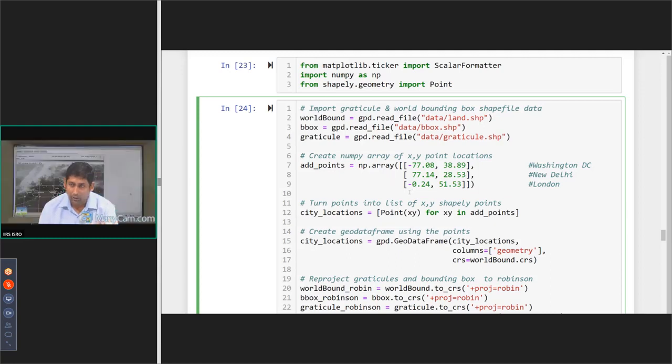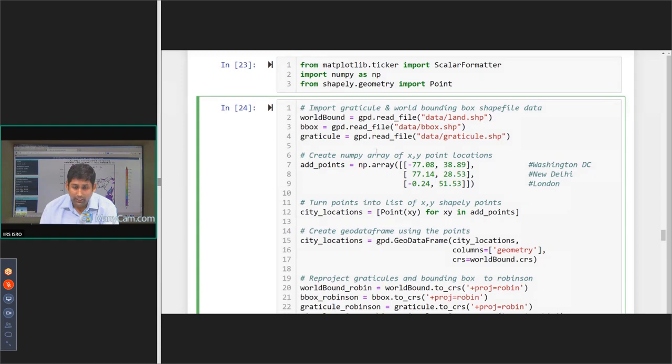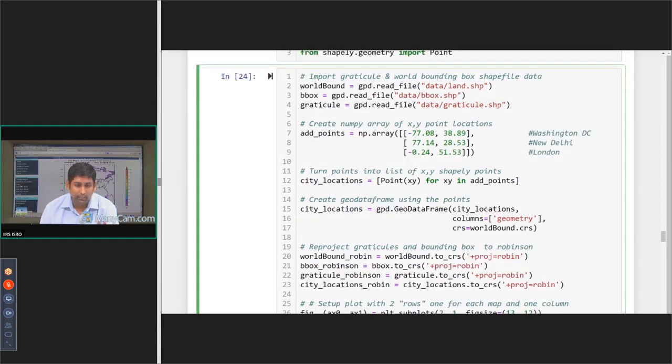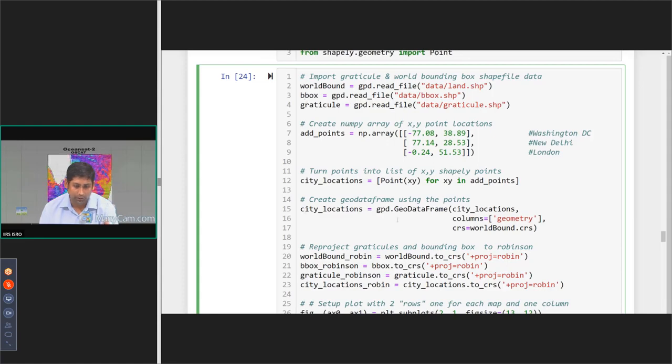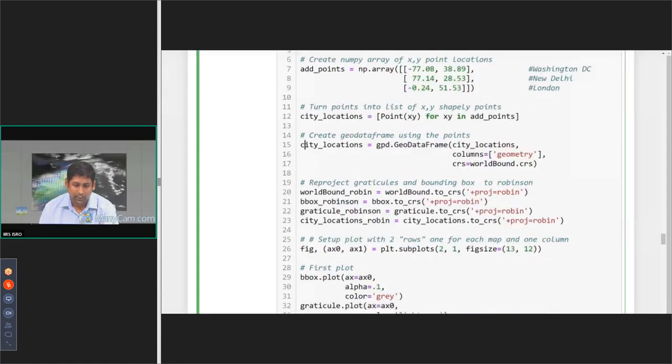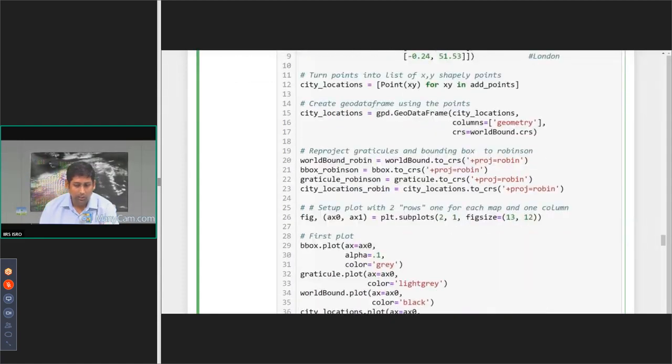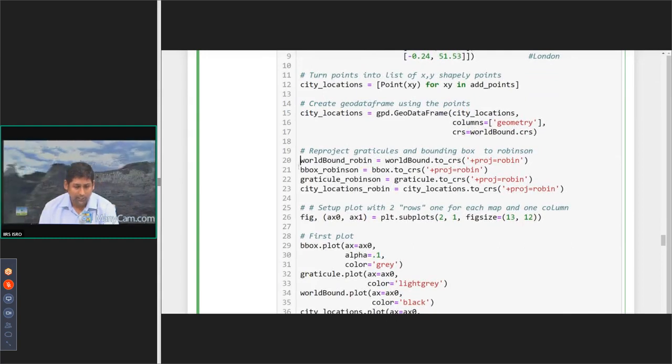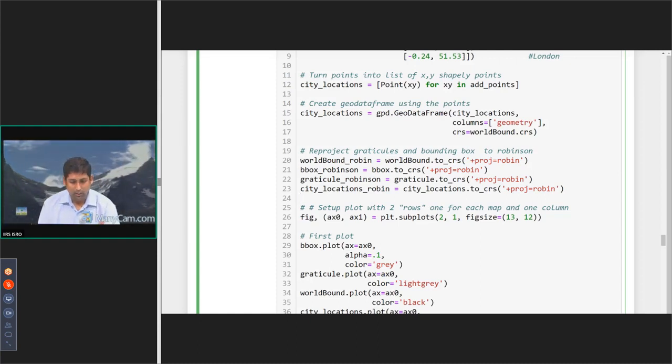It is in a GeoDataFrame right now. Next, I want to take these data frames, world bound, bbox, graticule, and city location, and translate them into a different projection system. So lines 20, 21, 22, and 23 basically translate these files, world bound, to another